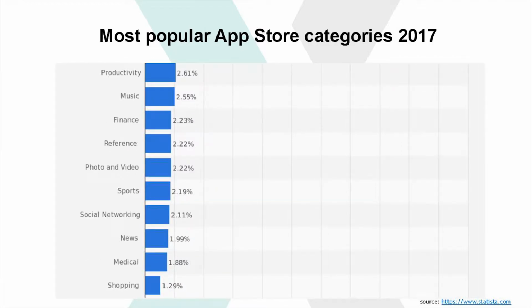Games are 25 and 4%, and others, for example, social networking, we've got 2.11. Why is it like that? Because